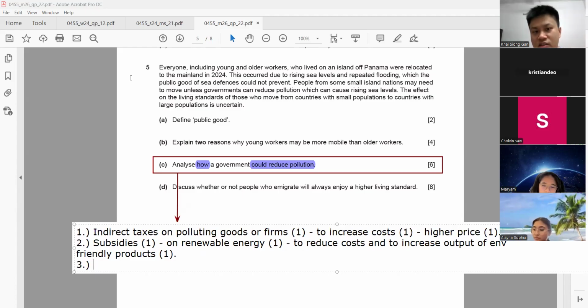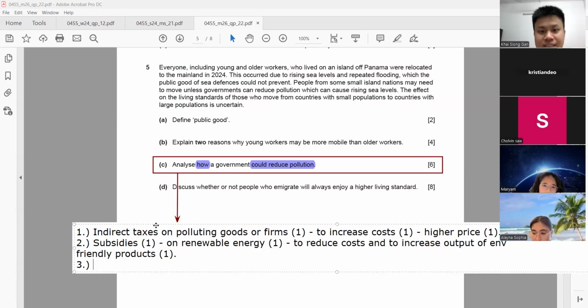The text on eco-unfriendly products. Okay. Promote recycling. Very good. Okay, thank you, Cindy. Your answers are correct. Correct, Kai Sun. Tax the petrol. Okay, when you talk about the tax on petrol, it is indirect tax. You can be more specific by saying indirect tax on petrol. Okay, increasing the indirect tax on petrol.